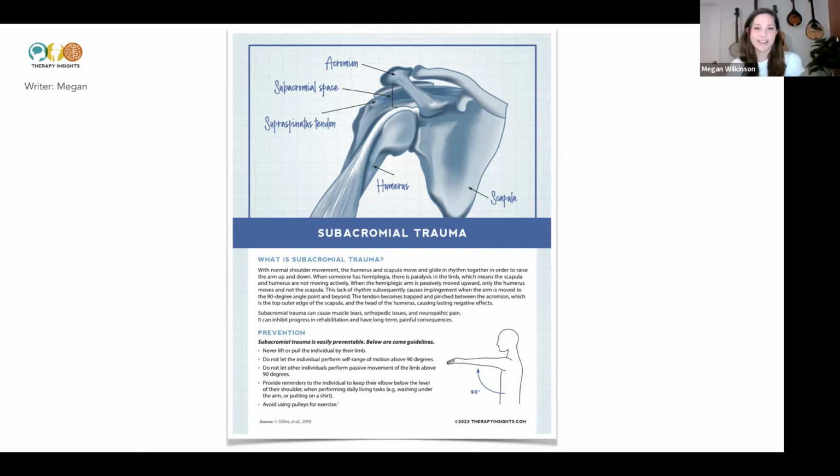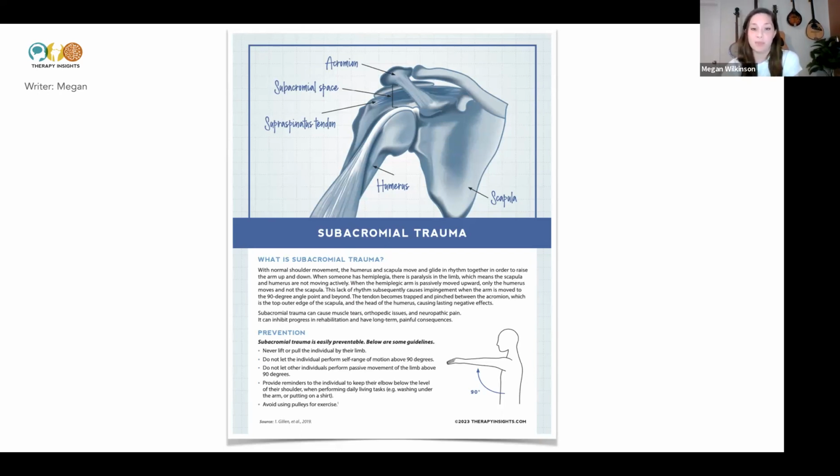Absolutely. So again, love a 1-page handout. I think that this visual at the top, which takes up about 50% of the page, is really great for simplifying some of what the text below is talking about. This handout is intended for staff, for caregivers, for family members, people who are working closely with individuals who